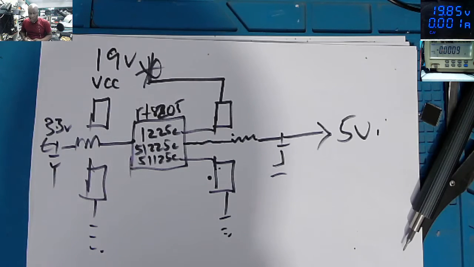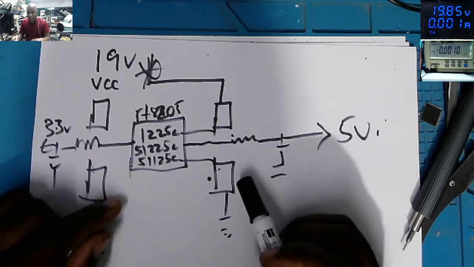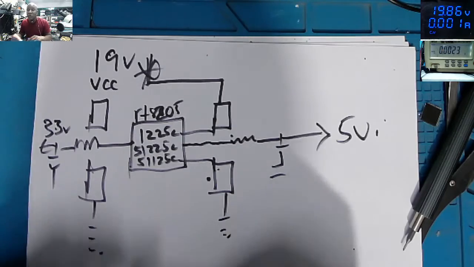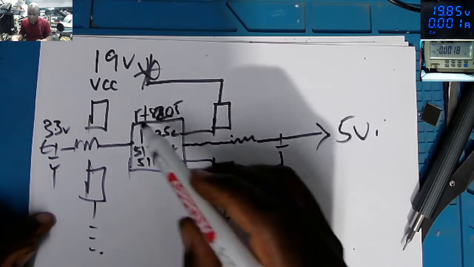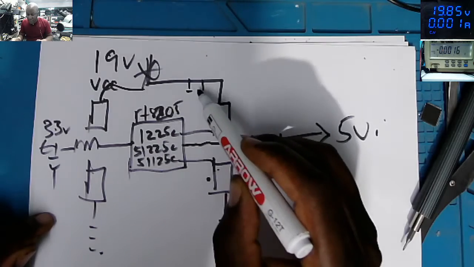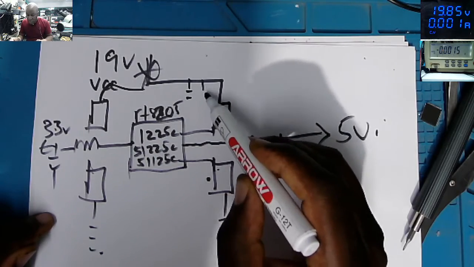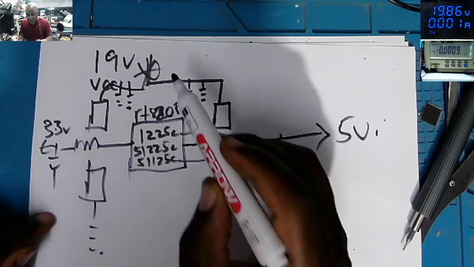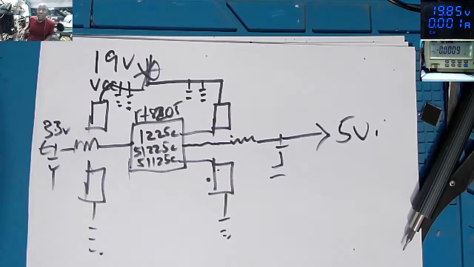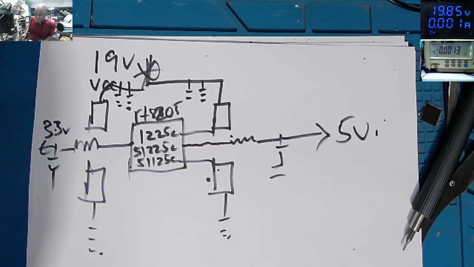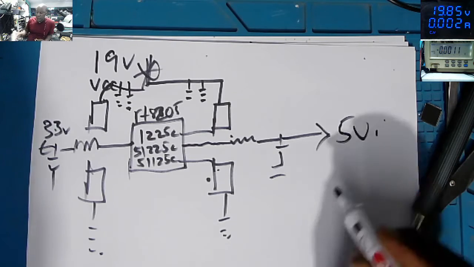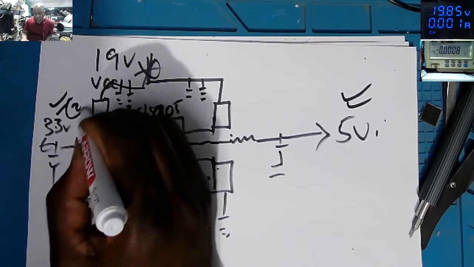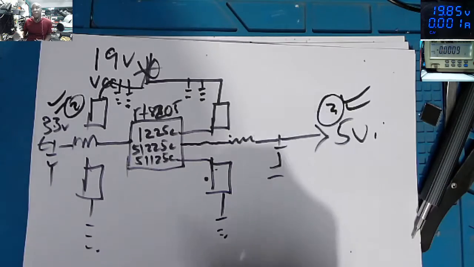So the 19 volts is coming to this power supply, which looks like a dual power supply, but it's not. You have ceramic capacitors. Can be 2, can be 3 ceramic capacitors connected to ground. The other side is connected to 19, the other side is connected to ground. We have one output here. We have the second output. And if you check on the chip,